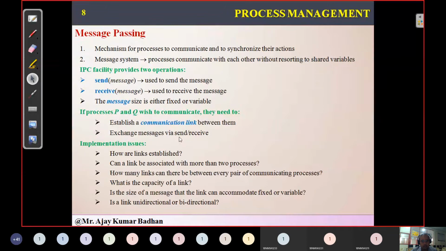Next what we have is message passing. This is one of the most important mechanisms used for communicating with processes in other devices as well as our own. But there are limitations, as we already discussed. What are the limitations? We can transmit only a small amount of data, small messages. We cannot transmit a huge amount of data. That is the only drawback.